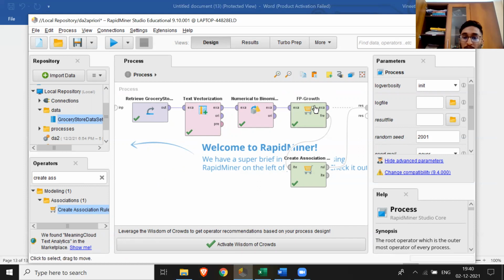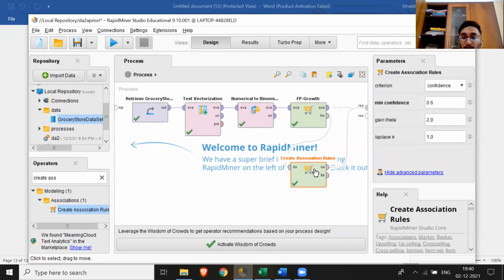And after this, we included the last operator known as create association rules. What it does is it generates a set of association rules from the given item sets. So we can set different values here. I've set the criteria to be confidence because that's what we saw in the example. And the minimum confidence is set to 60%. This could be changed, of course, but for the sake of explanation, I chose 0.6. And when we run this,